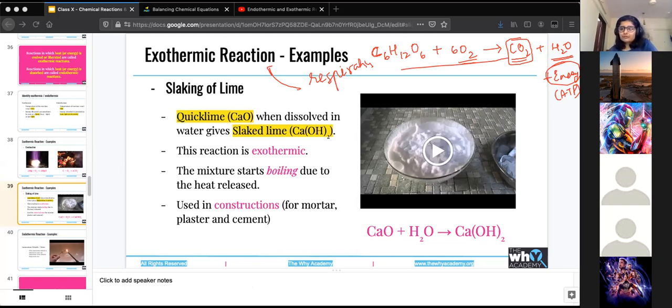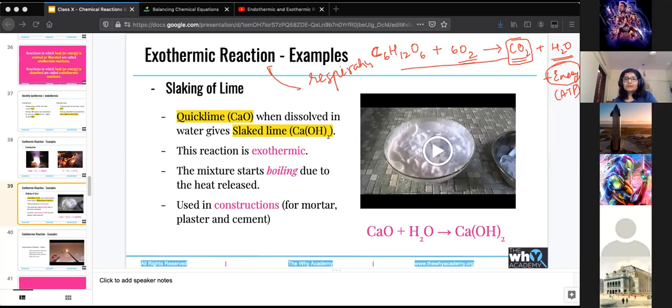Mansi, you said photosynthesis. Can you explain how or why? Ma'am, it's again the same thing, right? What's happening during photosynthesis? In photosynthesis, oxygen is released. And energy is released too, na? Is energy released during photosynthesis? No. Yes, no. Dhruv, you have your hand raised.